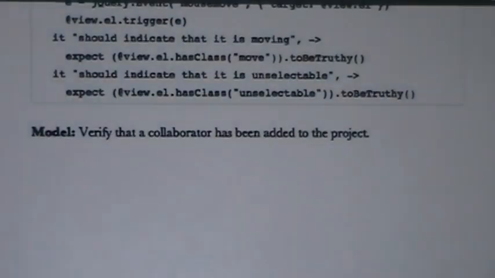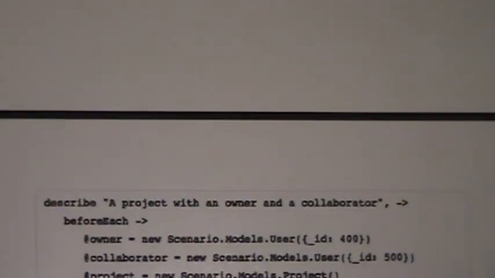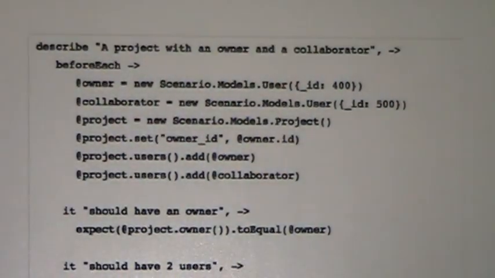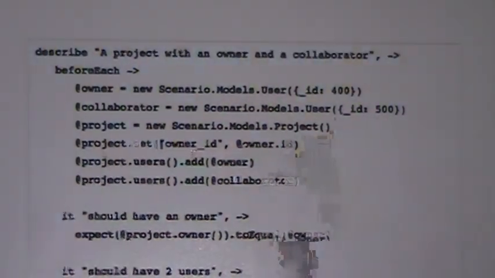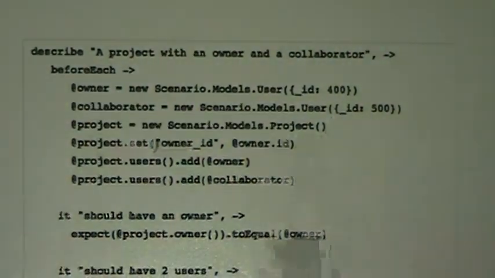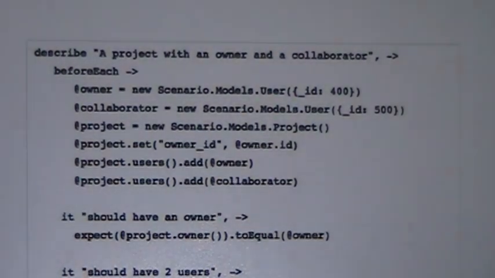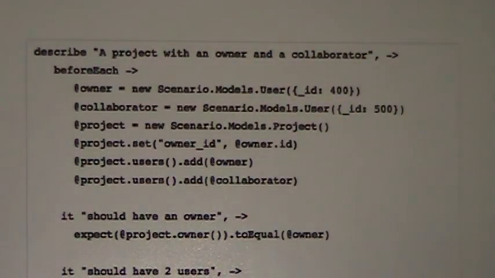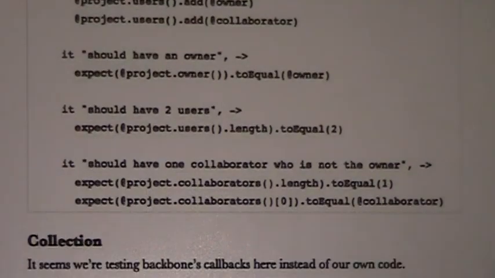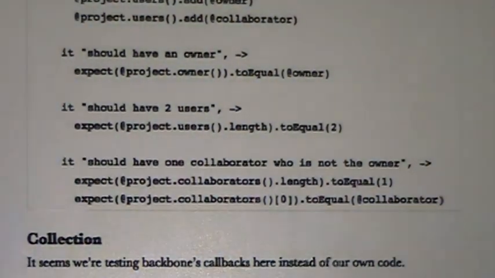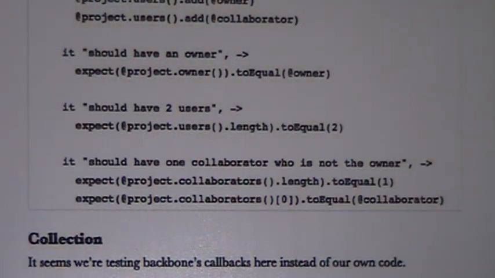For a model, we have a use case where a collaborator is added to a project. So you set up the test, you create your own user model, then you set the owner ID. You add the owner and the collaborator to the users collection.